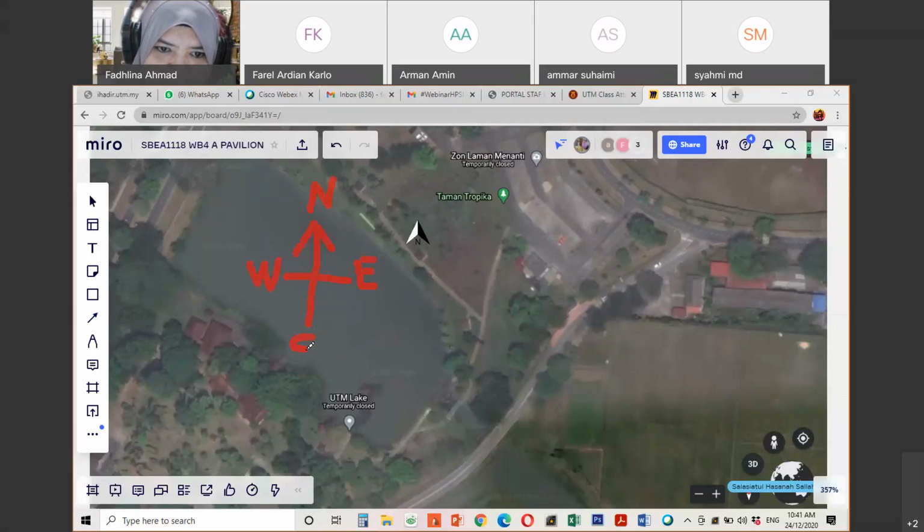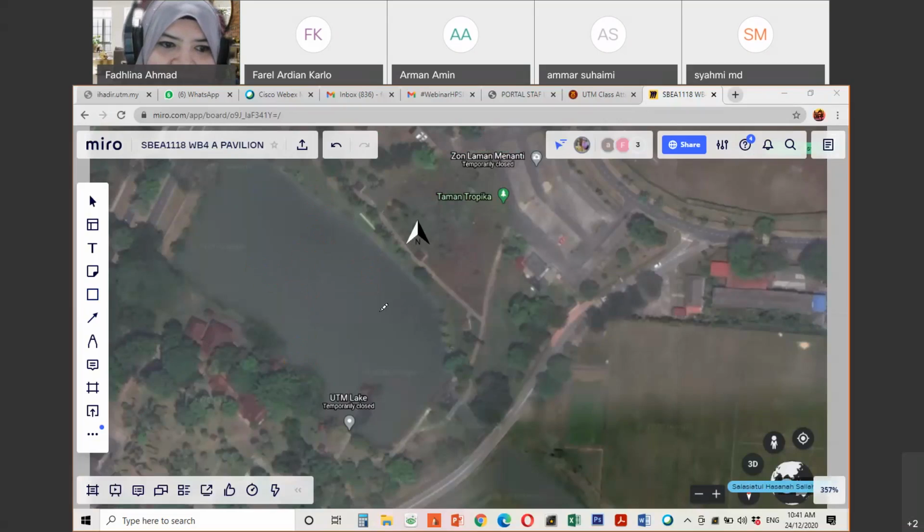South. Okay. So you have utara, selatan, timur, dan barat. North, south, east, and west. And then, how is your sun orientation? Where does it start? From east to west, is it? Or west to east? Is the sun moving from west to east? That would be the end of the world. Okay, so your sun will move from